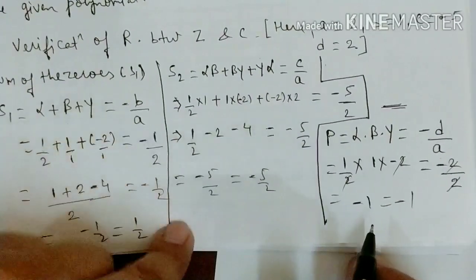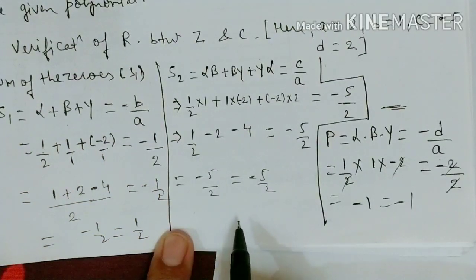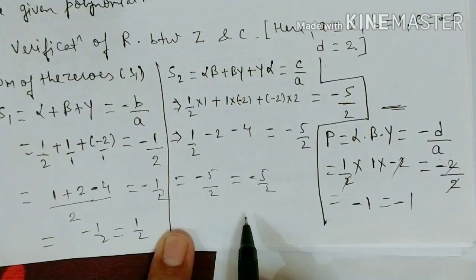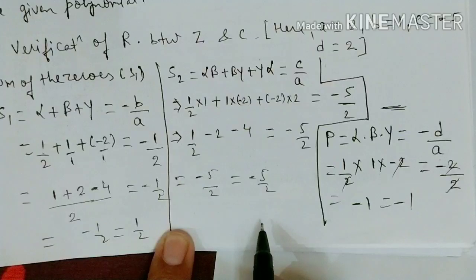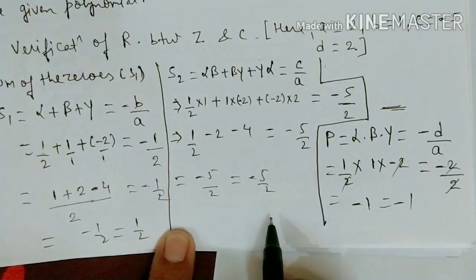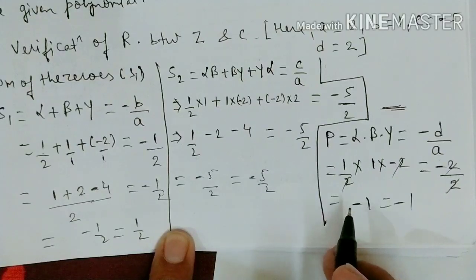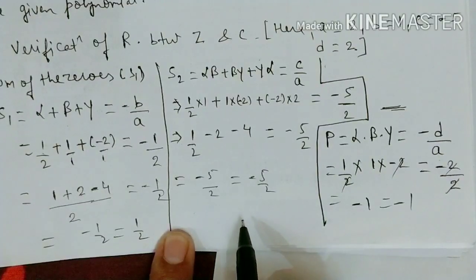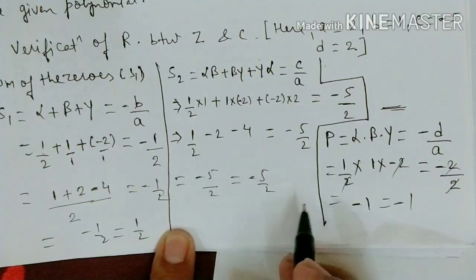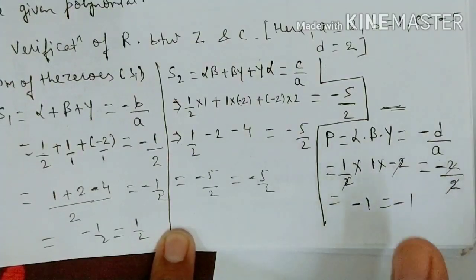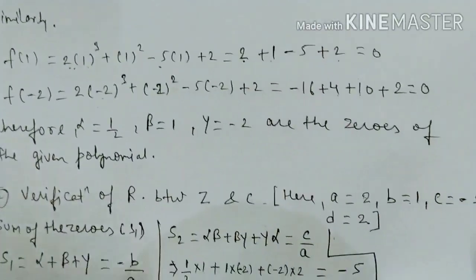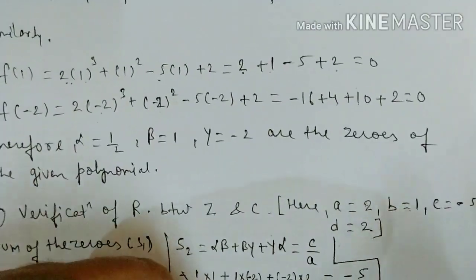So at the last you will write the statement here. Therefore, this verifies the relationship between the zeros and the coefficient for the given polynomial. Again I am repeating what you have to write. This verifies the relationship between the zeros and the coefficient. Clear? So this is a very important question. Clear? Next question